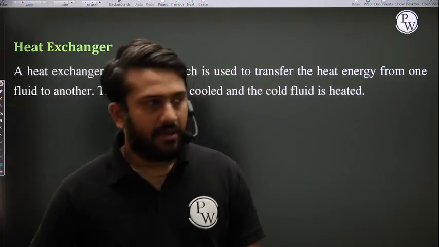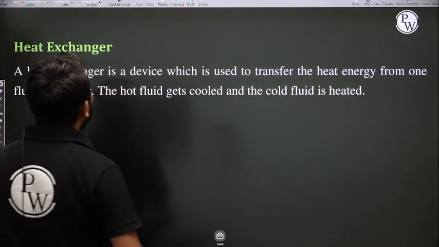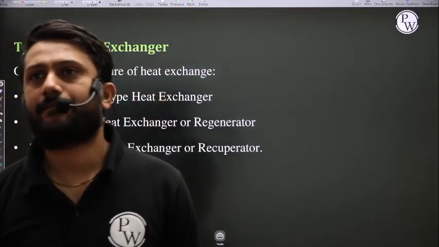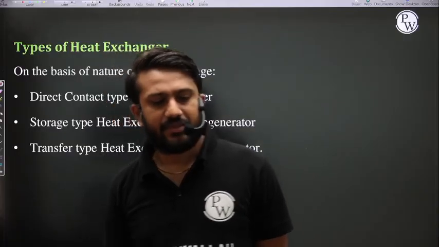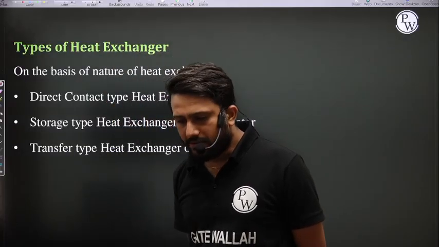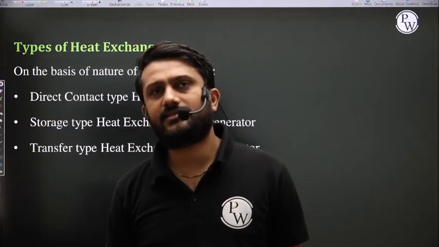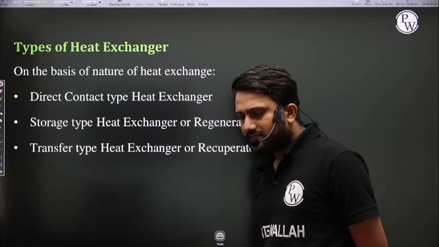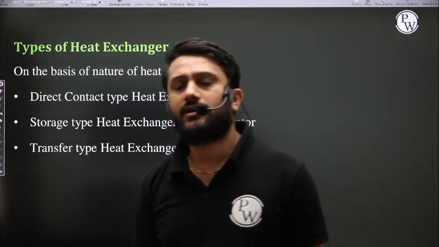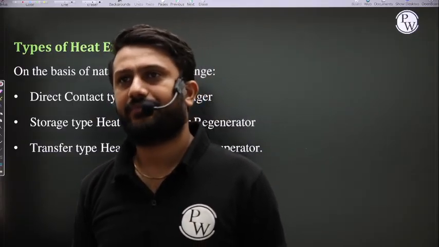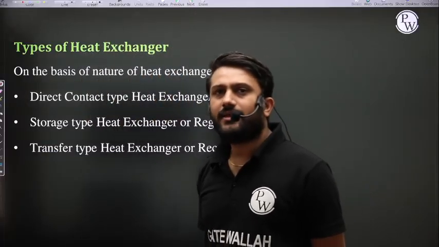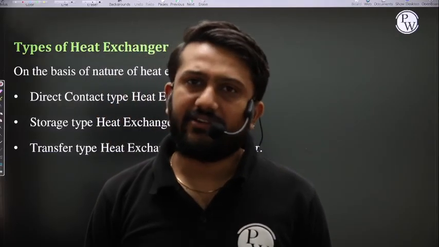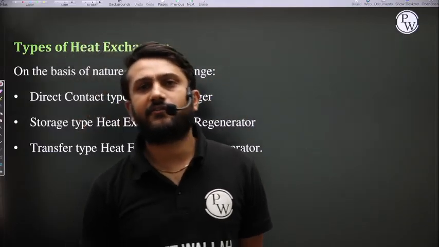Okay, now come to the next part, which is the classification of the heat exchanger, or you can say the types of heat exchanger. Heat exchangers are classified on the basis of various criteria. The first criterion is the nature of heat exchange. So if you classify the heat exchanger on the basis of the nature of heat exchange,